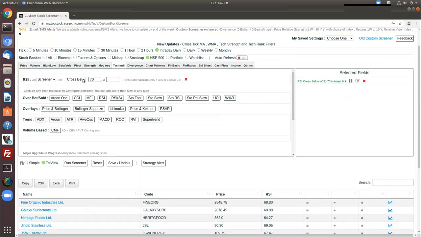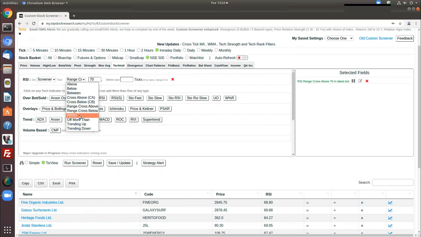You also have an option of basically range cross above. Let's say I want crossover within last 2 ticks or 3 ticks or 5 ticks. So that option is also available. So let's say you are a little more conservative. You want to see the price action after the crossover. So you can say that I want cross within last 2 ticks or 3 ticks. That option is also available.